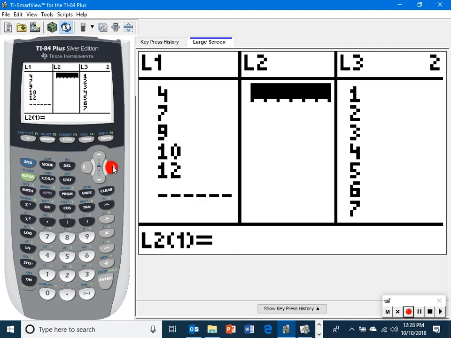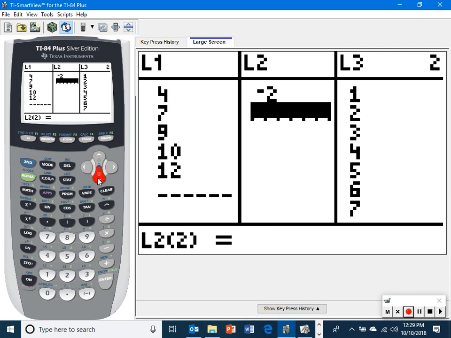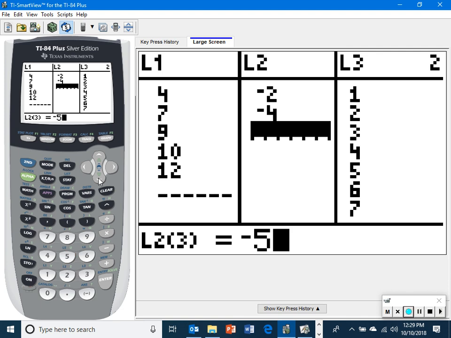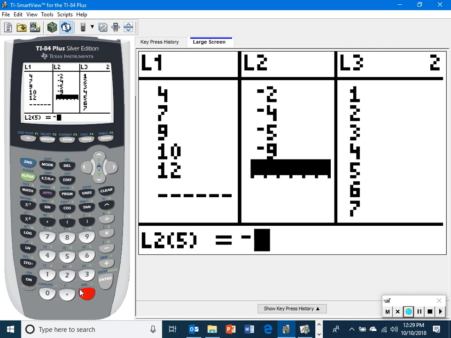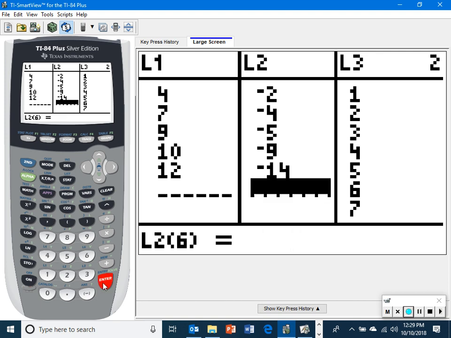Now I'm going to make some numbers up to match it in L2. So I'm going to go with, let's say, -2, -4, -5, -9, and let's put -14. All right. Now, I've already turned my scatter plot on, so I don't need to do it again, but